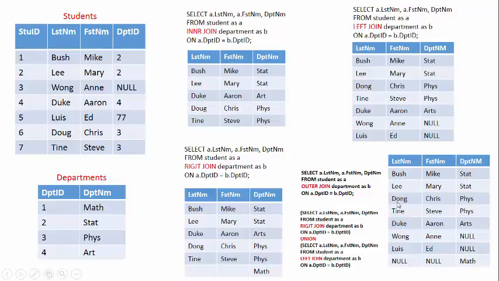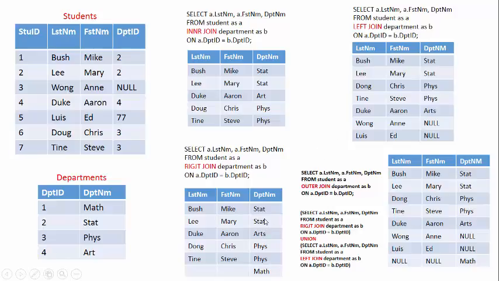Even though MySQL Workbench does not support full outer join, we can retrieve the same result by a union of two outer joins, a left outer join and a right outer join. We're going to cover the union later, but basically in this example, it's going to match those two results as well as remove duplicated